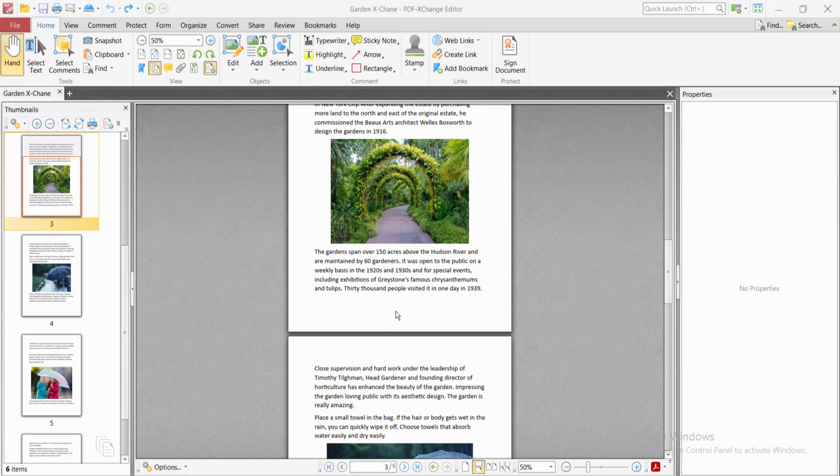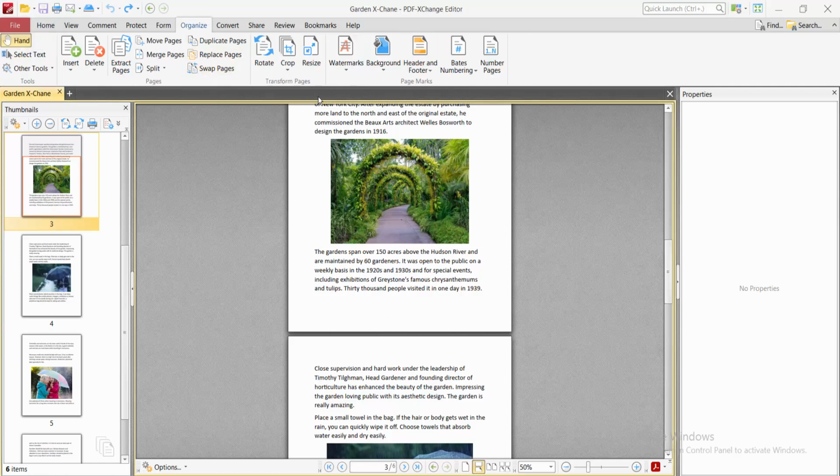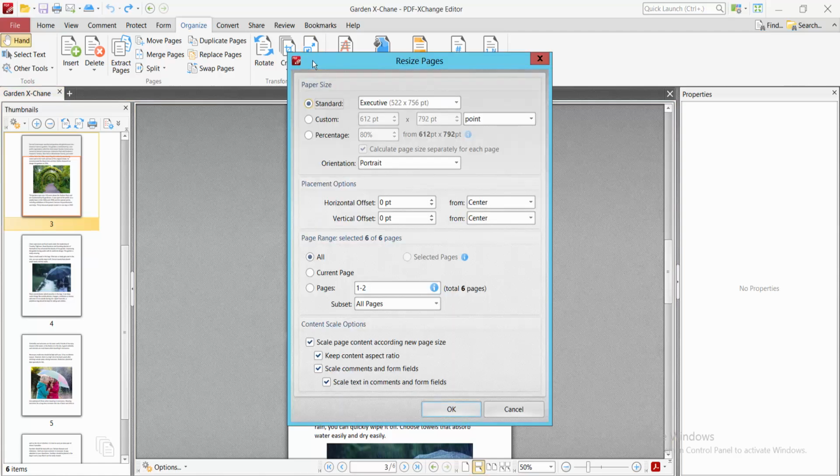Hello everyone, today I'll show you how to turn a PDF into a statement size using PDF-XChange Editor. Open your PDF file and select the Organize option. Now select the Resize option, select the Standard option, and click this arrow